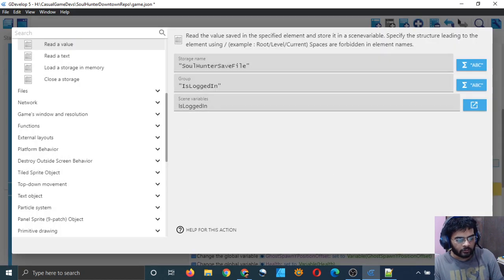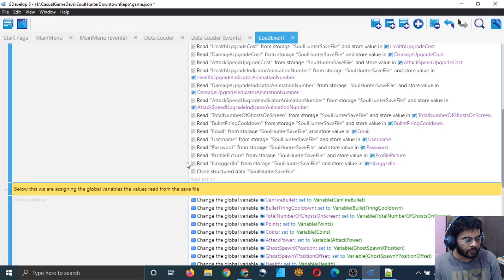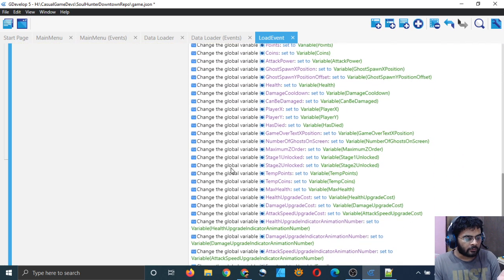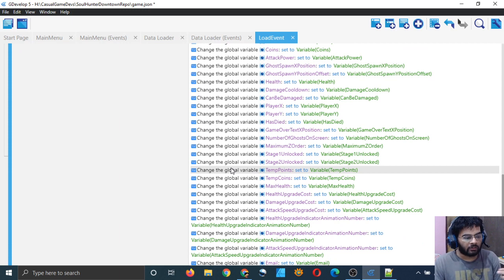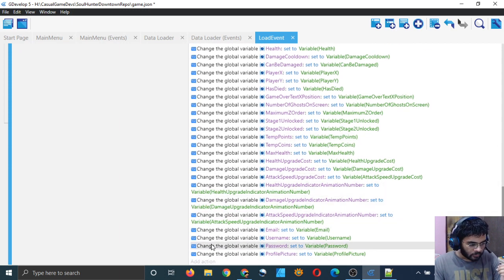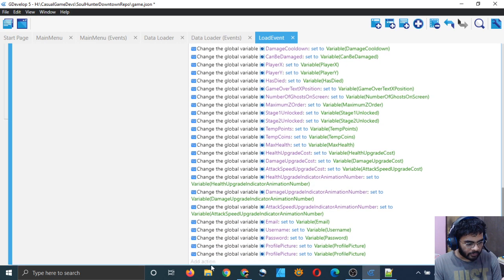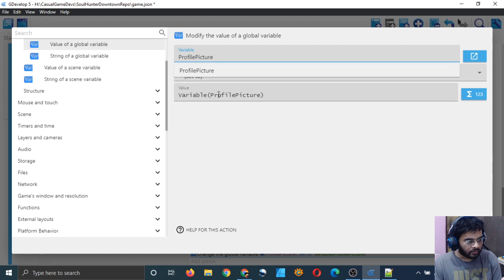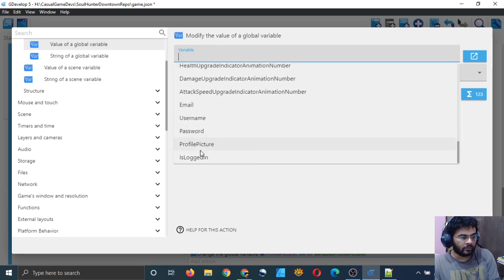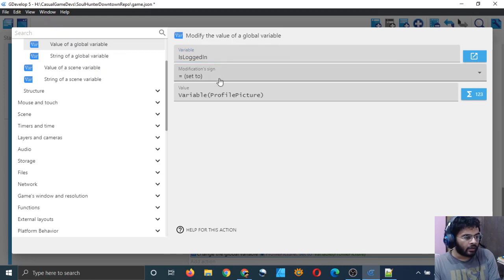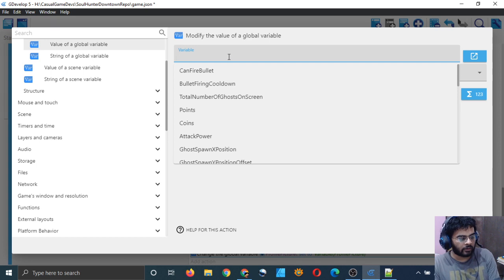Yeah, that's good. We have read our is logged in variable from the save file. Now we have to put that is logged in variable in our global variables also. So right at the end, I will just copy the final statement and paste it after it, and I will simply double click on it, and variable scene variable is logged in, and no, wait, not scene variable, this is a global variable, right?